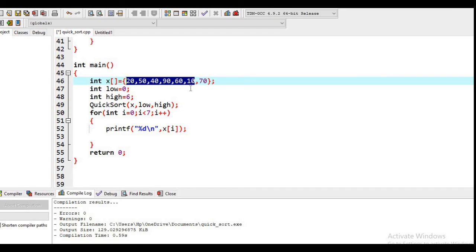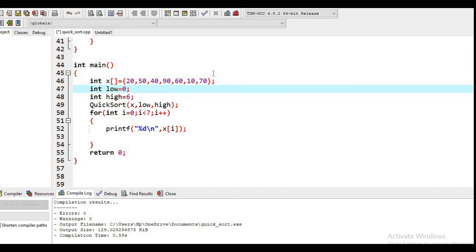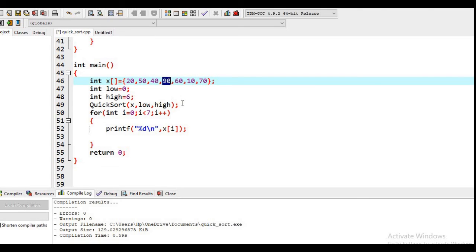In this way, quicksort will not perform well, and it will give you a running time of order n square. So we definitely don't want this. And then we can select the middle element also as the pivot point. Okay, so that is another option. You can also select some random element as the pivot element.